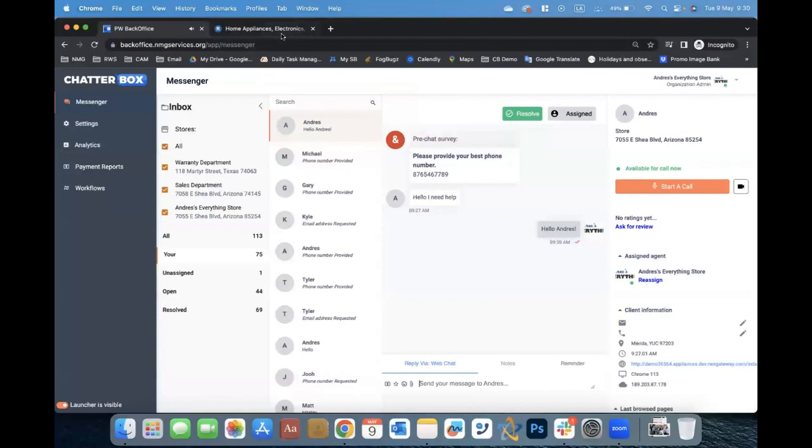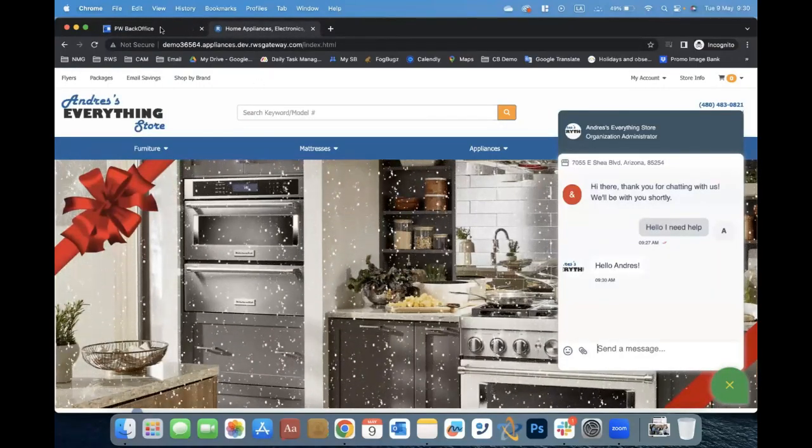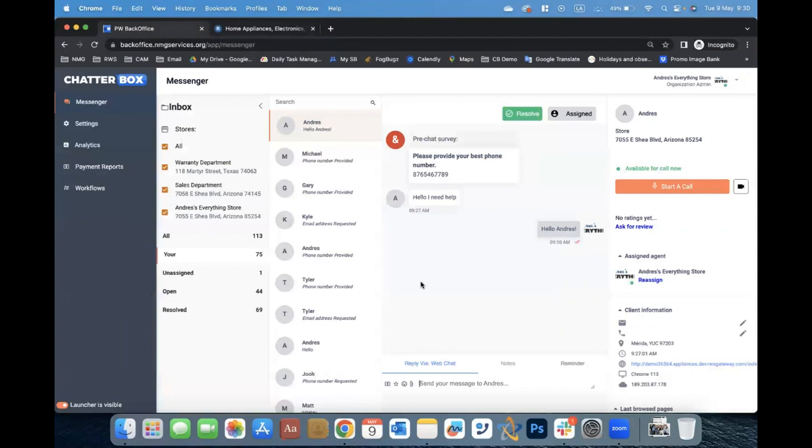And if you go back to the website, the conversation is right there. Okay, back to the dashboard. So here we have four little icons that are used while chatting. So the first one is the text to pay. So this little square with the $ sign. If you click here,